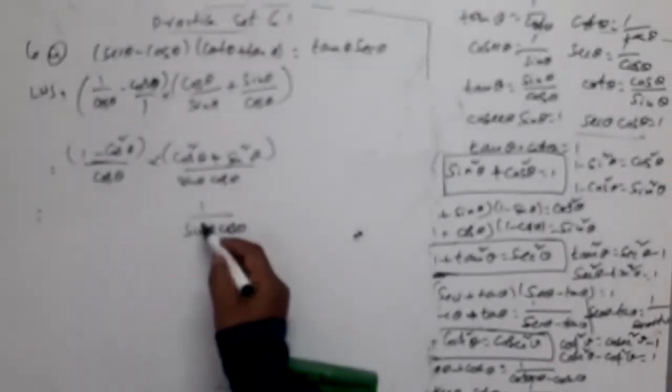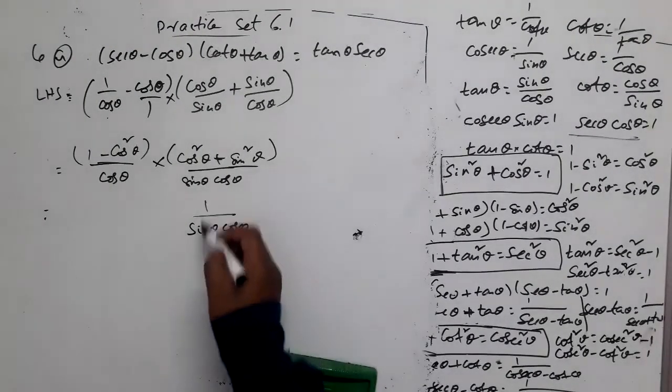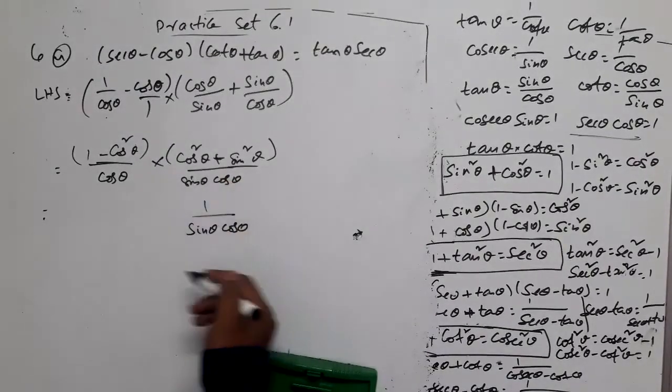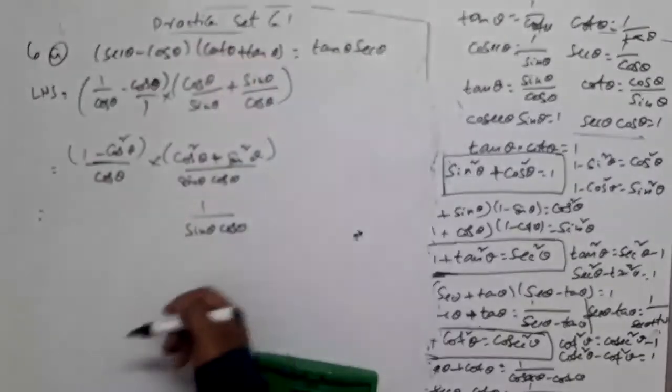Of course, this can be written as 1 by sin multiplied by 1 by cos. 1 by sin is cosecant theta, 1 by cos is secant theta. So this is secant theta multiplied by cosecant theta. So tan theta plus cot theta is secant theta multiplied by cosecant theta. Yes, of course. See, let us write this.